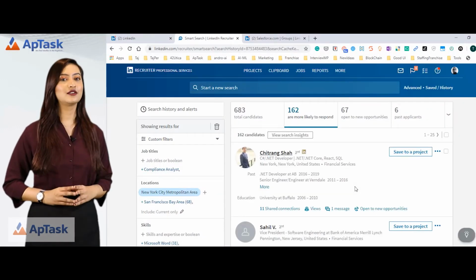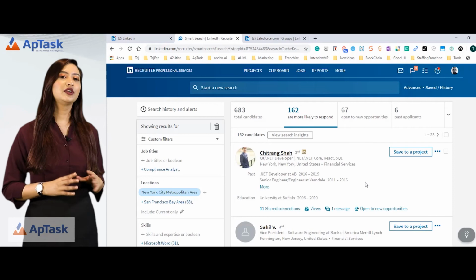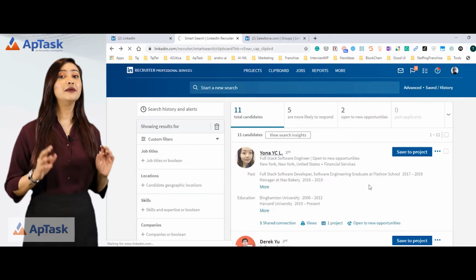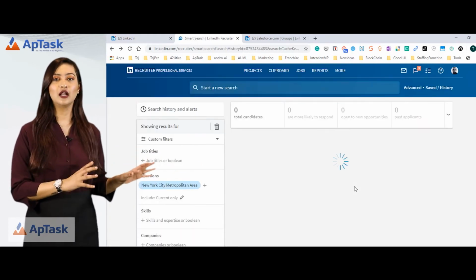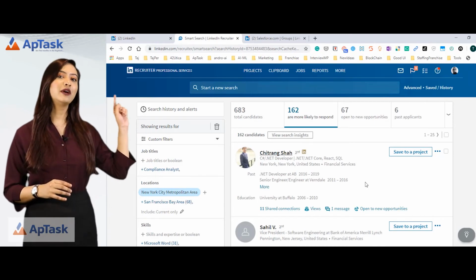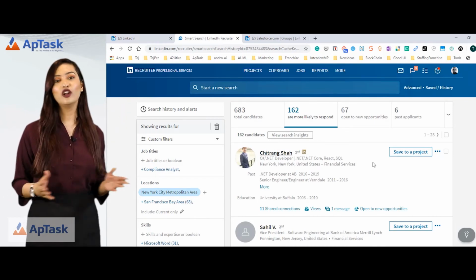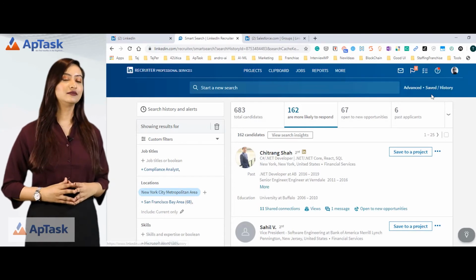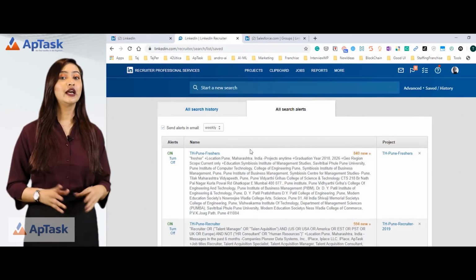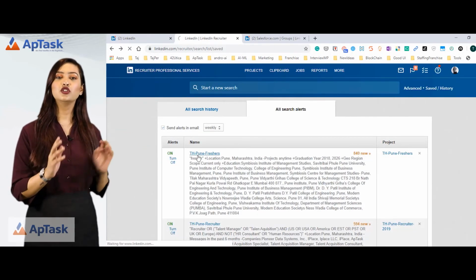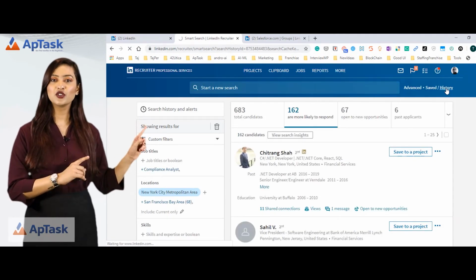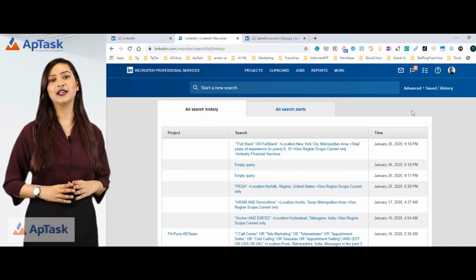I am back to my search now. This way I was able to come back to my search. Let's say I'm still on my clipboard, I'm still trying to go back to my search result. Okay, so I'm back to my search result by clicking the back button several times. Alright, now here we are. We can see all previously saved searches and you can also see that I was searching for different jobs. I can go here, click on my history of searches and see all the history of my searches.